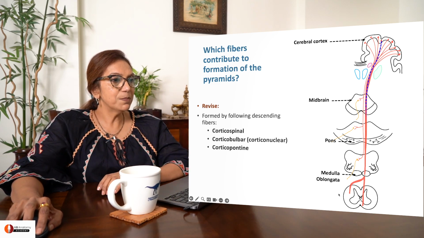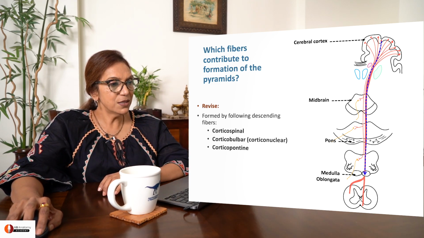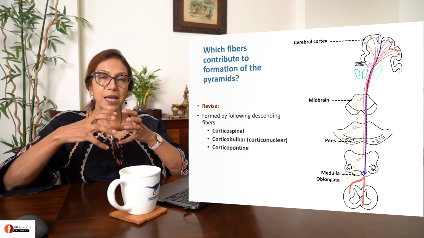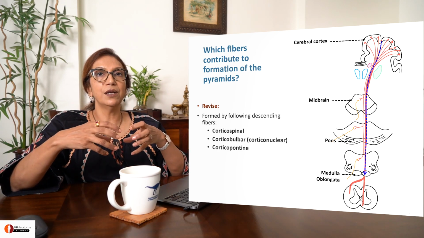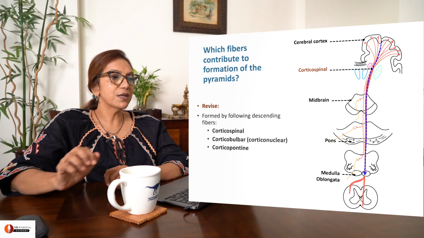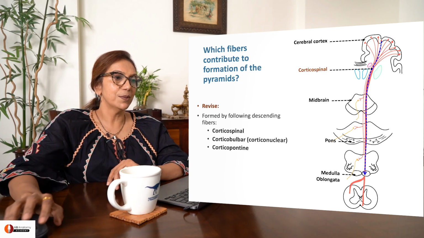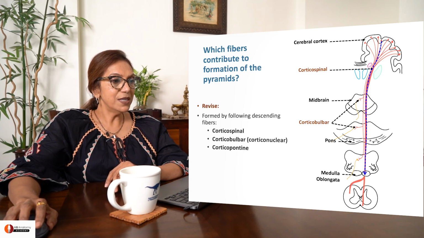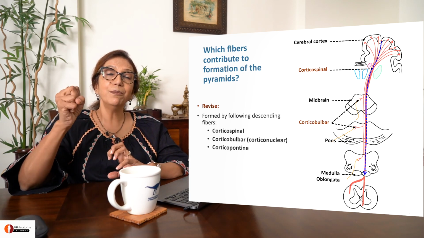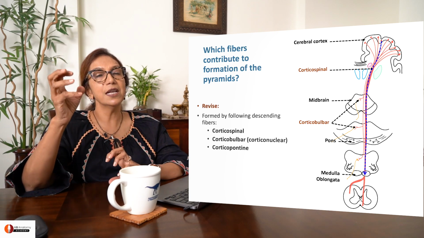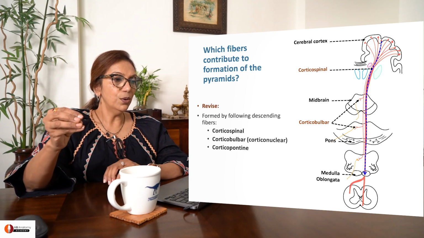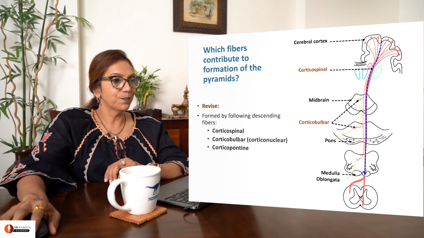See how fibers begin in the cortex, pass through the midbrain, pons, and medulla oblongata, and collect in the medulla anteriorly to form the swellings called pyramids. These fibers are called corticospinal fibers. Some of these fibers stop in the midbrain, pons, or medulla to stimulate the motor cranial nerves. They are called corticobulbar or corticonuclear fibers.